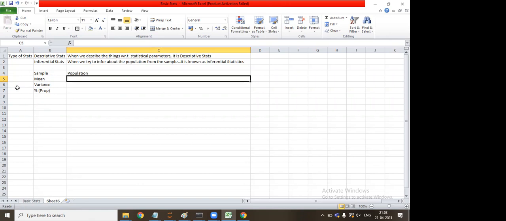But if it is available for the population, then hypothesis testing does not work. Hypothesis testing is not required. Hypothesis testing only works on samples. It is a thing that only works when we try to estimate the population from a sample, when we have a sample and want to know how the population will perform.